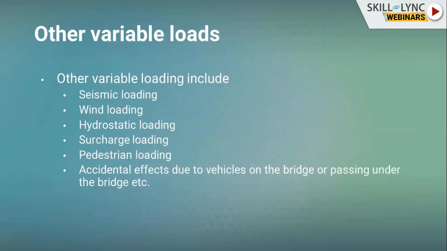The other accidental actions can also happen in the case that you might have a highway on the bridge. We will be designing for the vehicle to be placed on the highway, but the bridge might have pedestrian areas or some other areas on its superstructure where we don't assume that the vehicle will generally be placed. But in certain cases, there is an accidental case where the vehicle moves to those locations. That is one of the accidental loadings that we'll generally be considering.